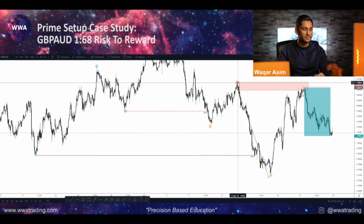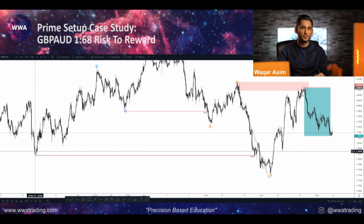Because these sellers over here are responsible for making this low in the market and taking out my previous demand zone, my previous high low, to form a new low. And this is now aligned from a supply zone. This is showing me that I am trading with where the institutional injection of volume has come in. So this is actually a very strong push to be looking at, and therefore this supply zone becomes a very